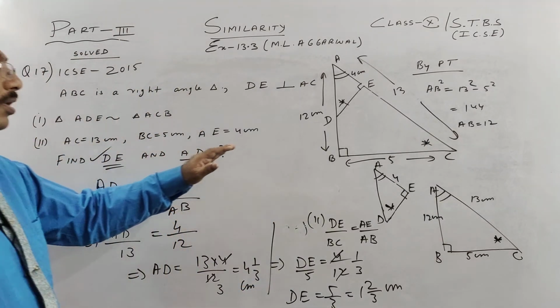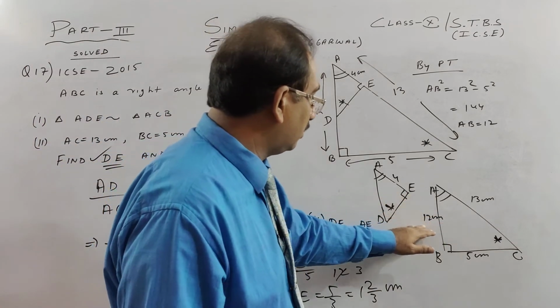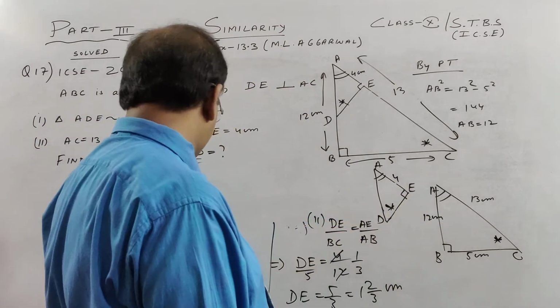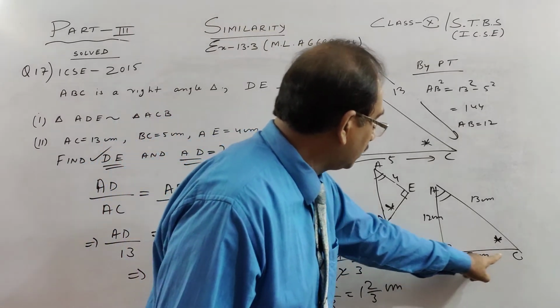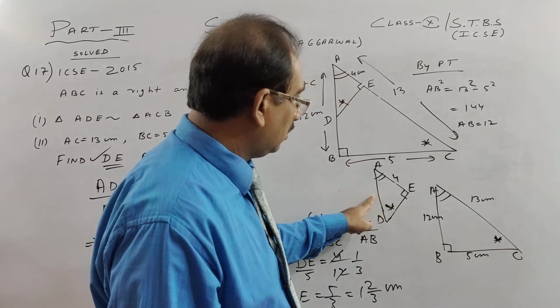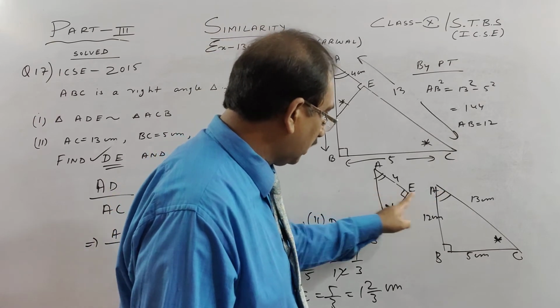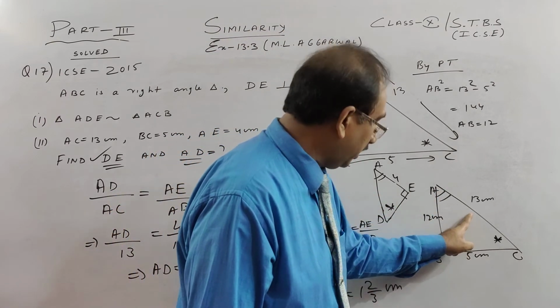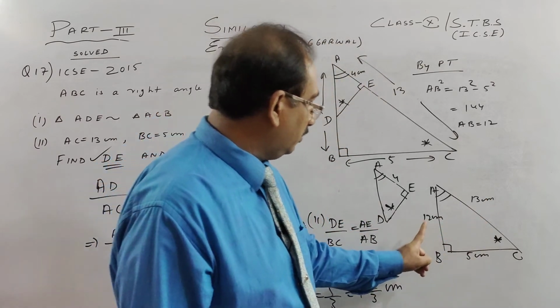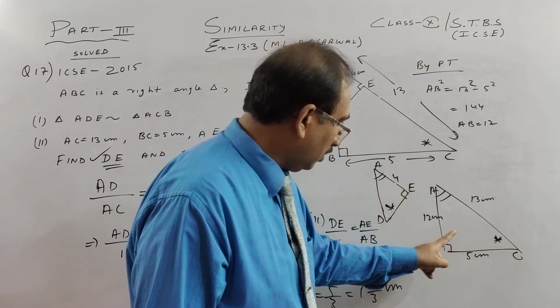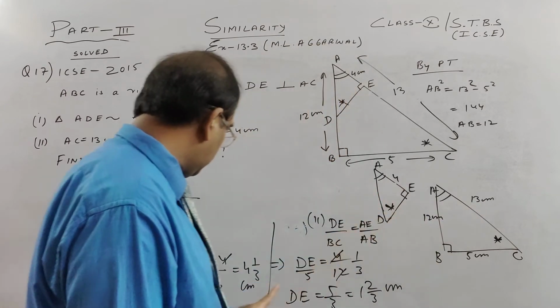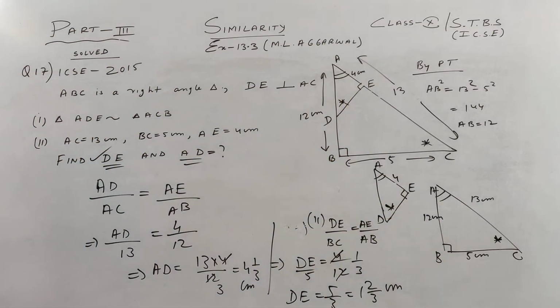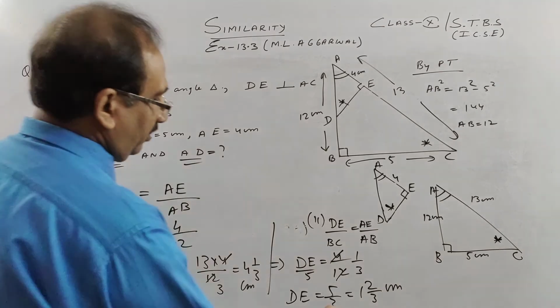Okay, once more. I told you this is 3 times bigger. So if this is 12, this is 3. So what will be the last question? AD is proportional to, or corresponding to, sorry, AC, which is 13. So if this is 1/3 of this, this will be 1/3 of 13. This is how we do. So the answer is 4 1/3 centimeter or 4.33 centimeter, and this one, if you find in decimal, will be 1.67 centimeter.